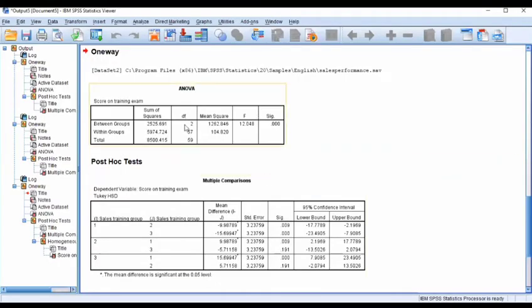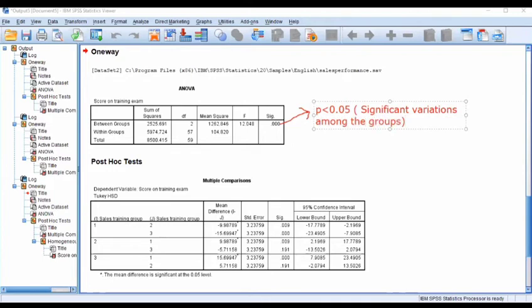Yes. So now you can see over here that again the p-value is less than 0.05. That is, it is significant. It means yes, there is a significant variation among the groups.